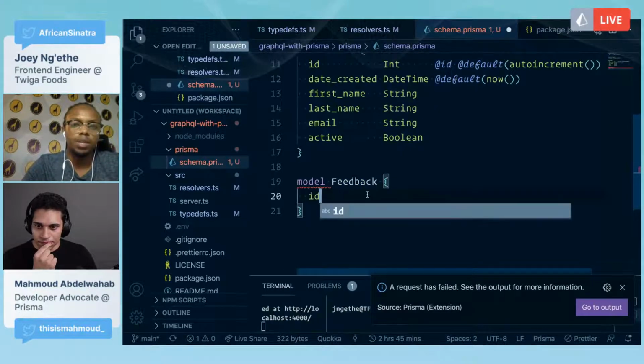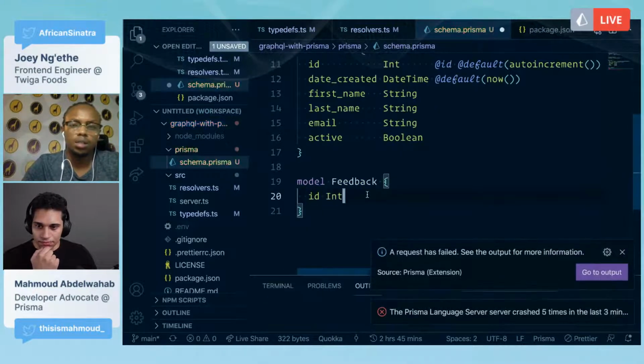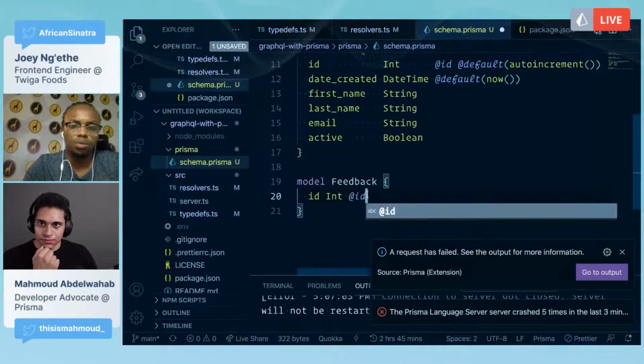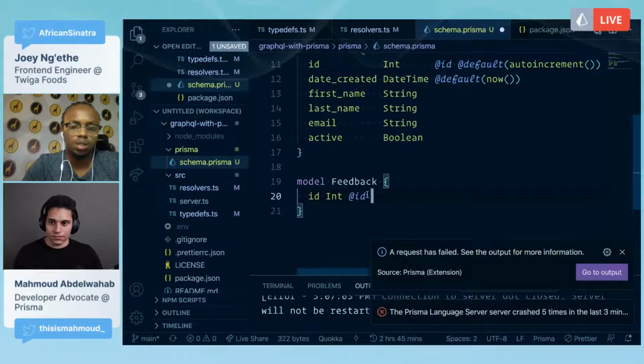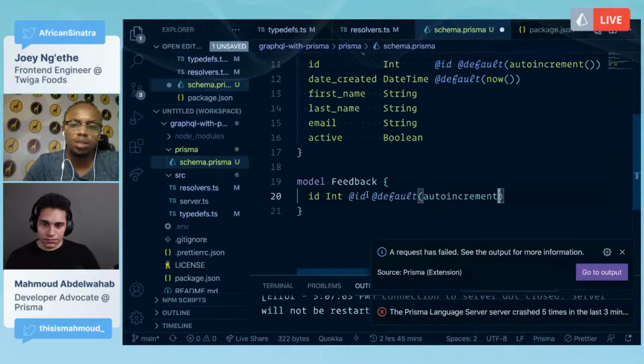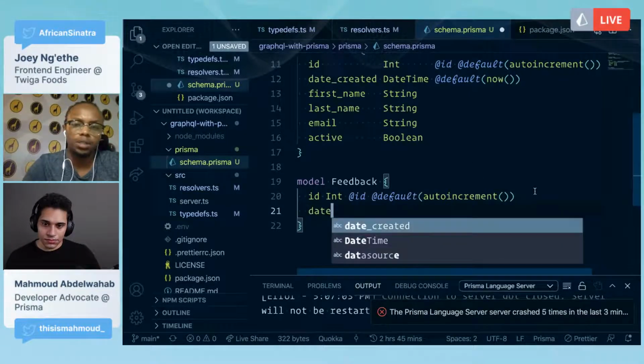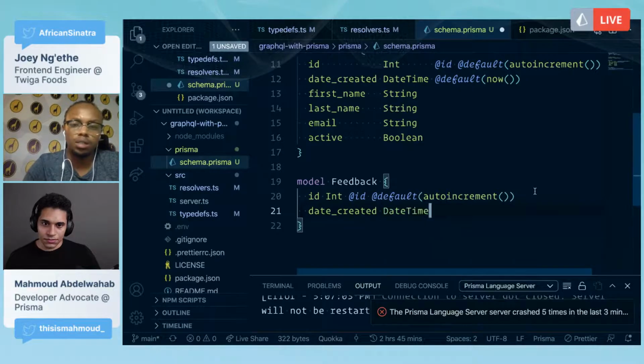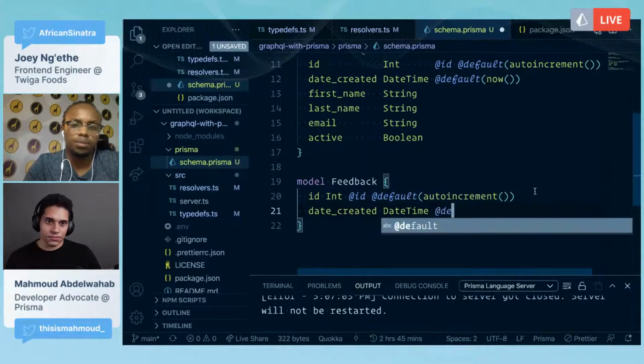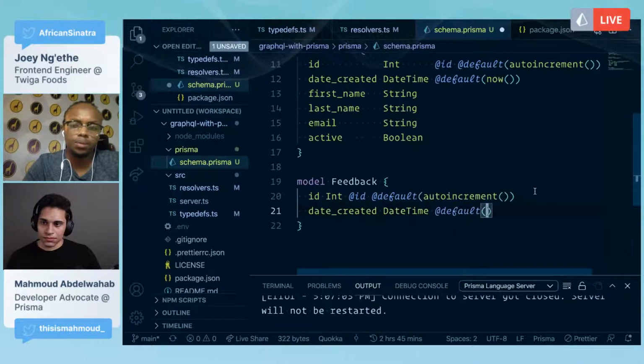Then I think we have an ID. Created. So here we're just defaulting this to now.